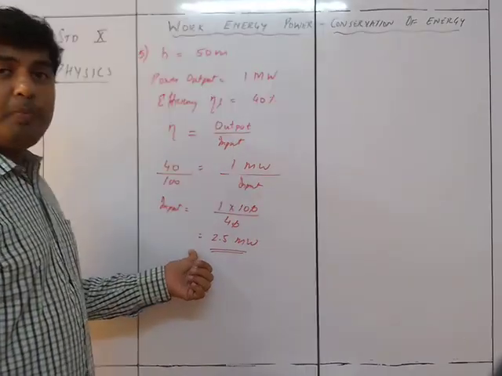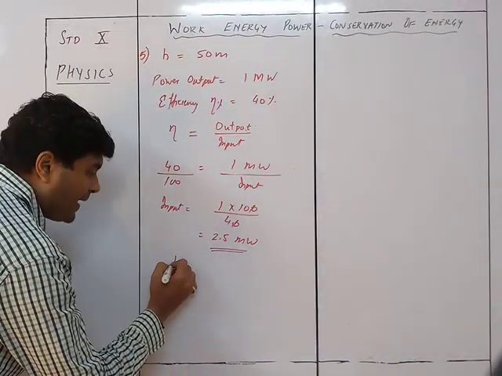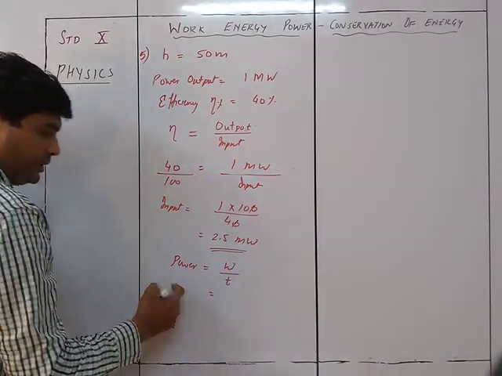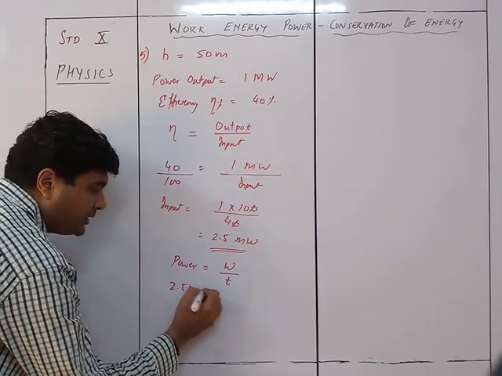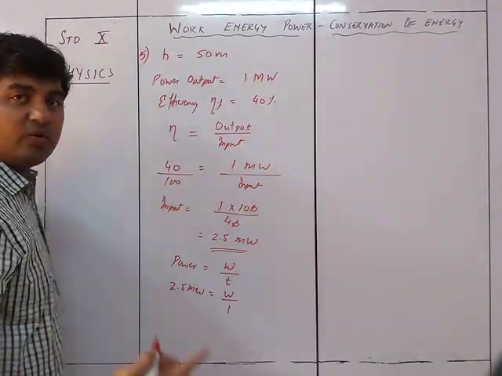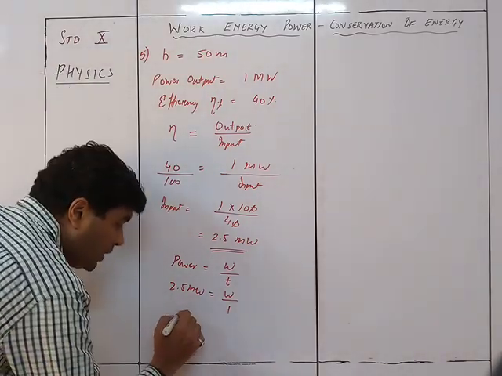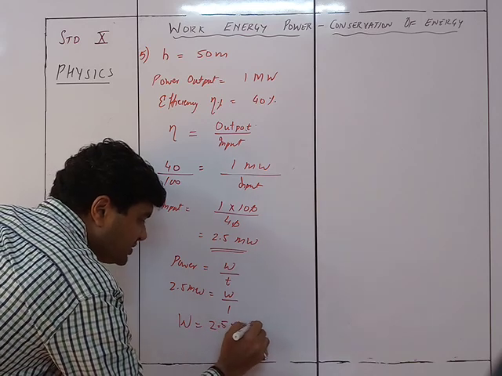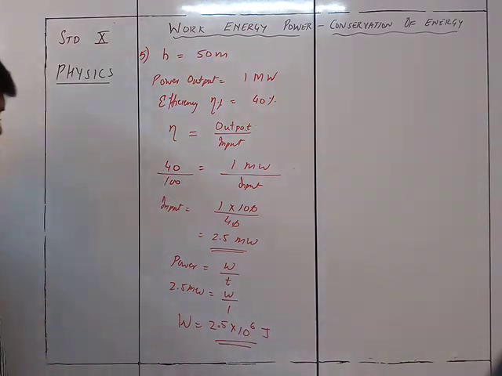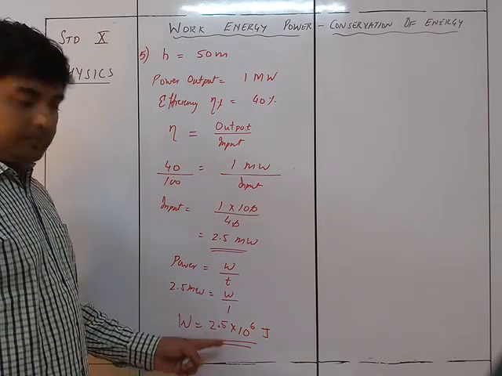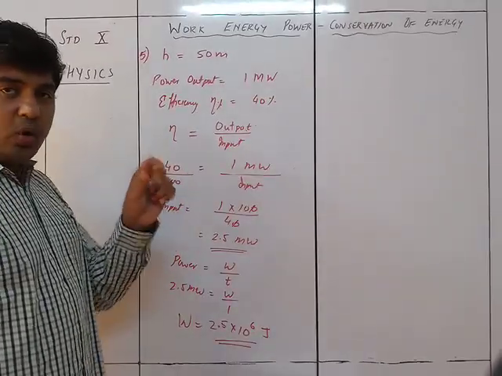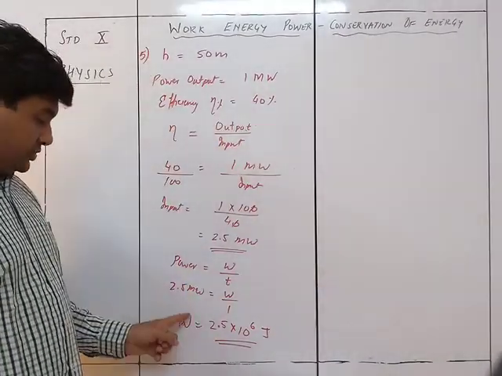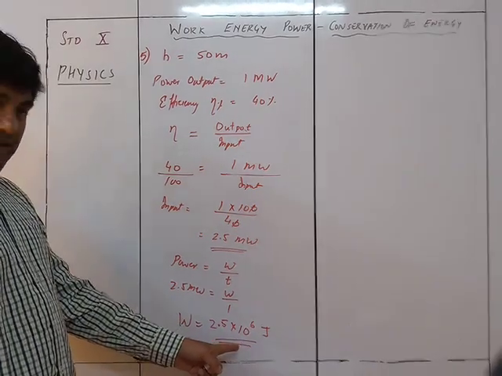Okay. Now what is megawatt? So power is equal to work upon time. Now it is 2.5 megawatt is equal to work upon time, time is 1 second. They are given you 1 second. So therefore what will be the work done over here? Work done will be equal to 2.5 into 10 raised to 6 joule. Work will be in joule because this is second, this is per second. What is watt, W-A-T-T? So watt is equal to joule per second. So that's why it is joule is this much.